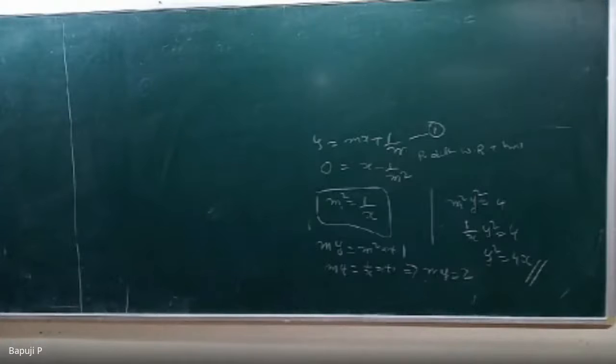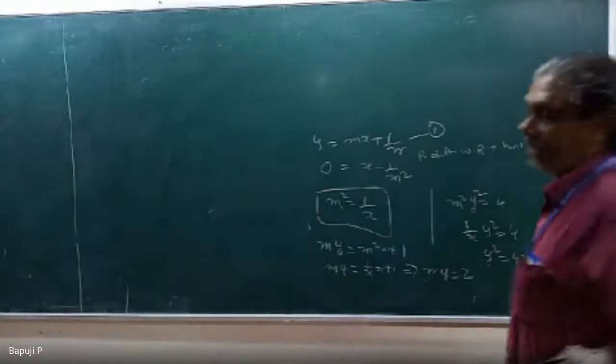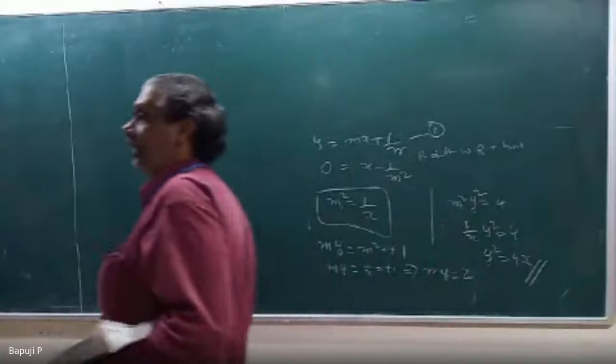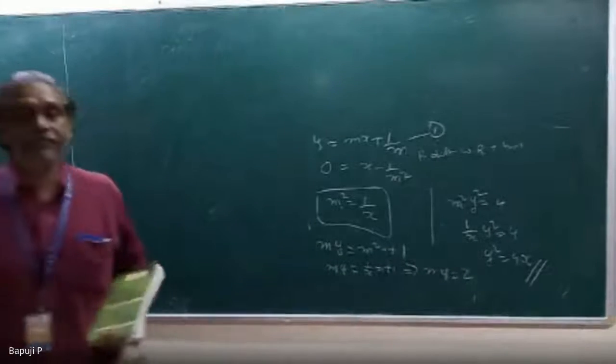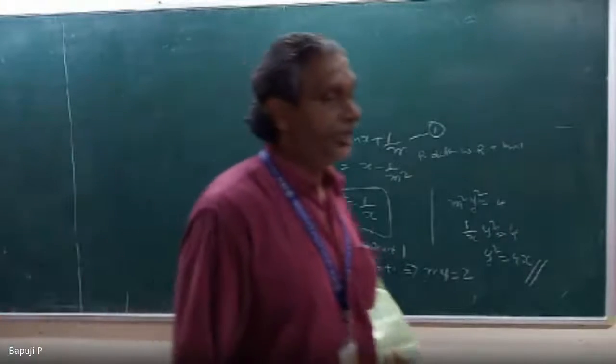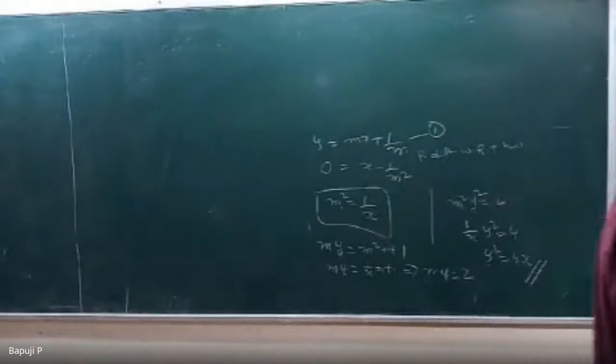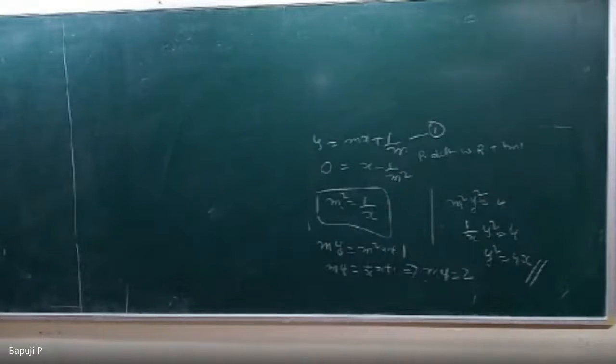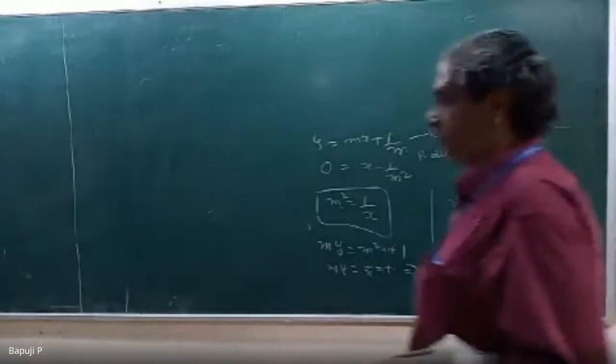Actually, if you know deeply, y is equal to mx plus 1 by m is nothing but the equation of the tangent. Otherwise, if you don't know, also no problem. This is the way of doing. You can remove the parameter slowly. Differentiate with respect to the parameter, then remove the parameter slowly from the given equation. Then you will get the envelope. Copy down fast.